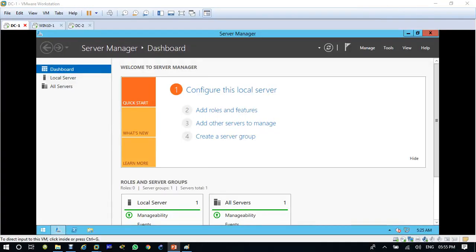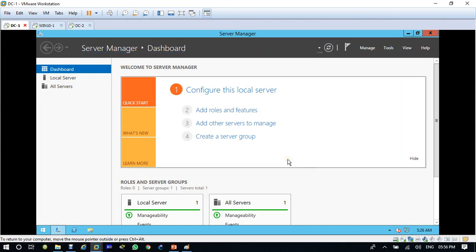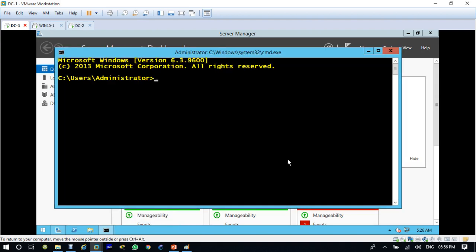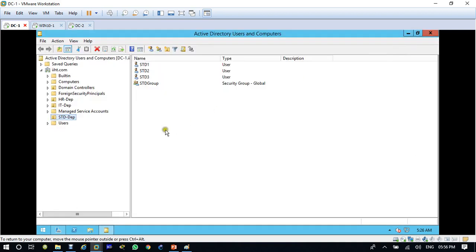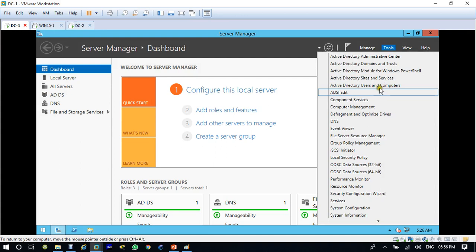So come here, DC1. Verify your Active Directory. We have Active Directory Users and Computers here, and we have DNS. For verification through command, to verify your DNS is working fine. My IP is 100.100. Okay, Active Directory and DNS are okay. Now, what we have to show, if you open your Active Directory here